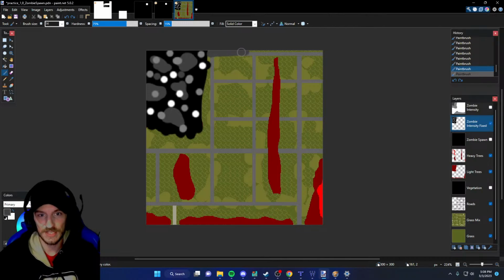So throughout the cities, I'm gonna use just this gray part right here. So we have zombie spawns no matter where, and I'm gonna go ahead and actually not change the hardness. I want to change the size of the brush that we're using. So I'm gonna go ahead and just kind of sprawl this out here. I'm actually, instead of gonna do that, I'm gonna actually add another layer here, and we're gonna call this